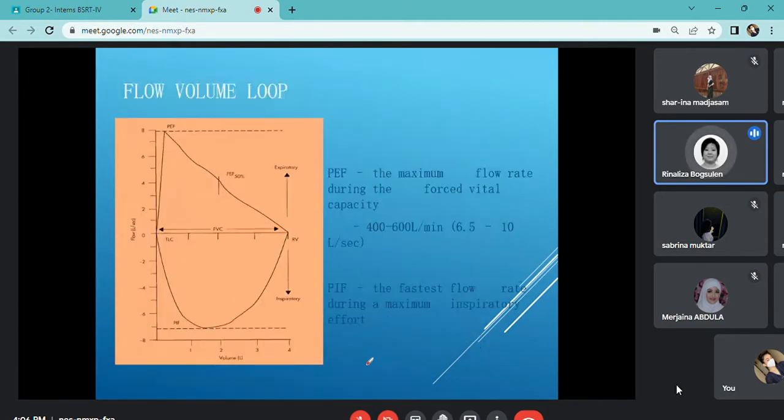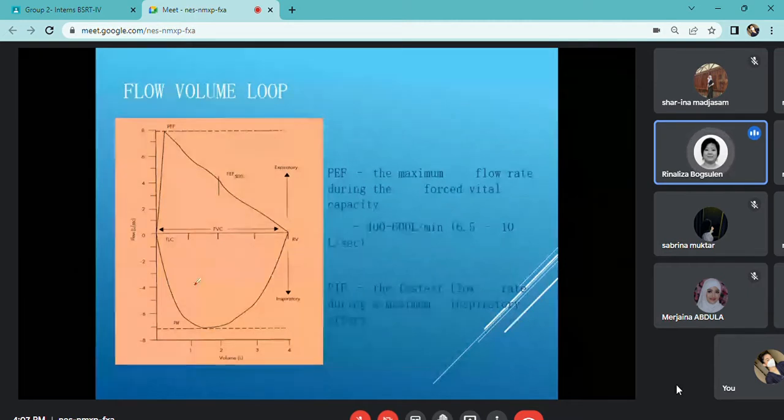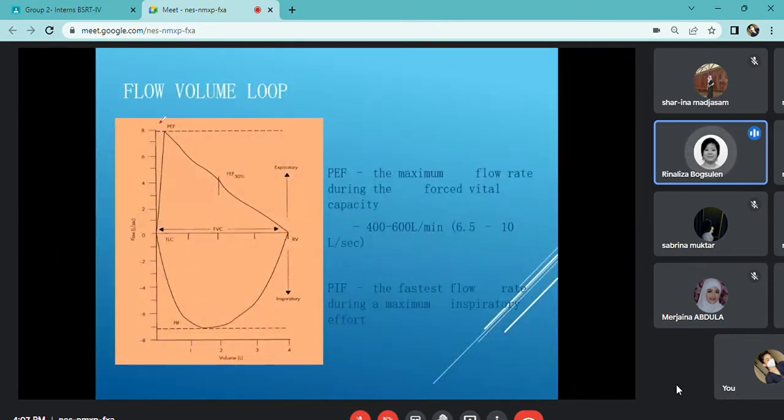This is your flow volume loop. Okay, this is it. This is your flow, and this is your volume. So it's a loop. Earlier, that was just a graph. Okay, so you will see, maybe this is the one you commonly see. But again, as I've said, you can have both the volume time graph and your flow volume loop. In your flow volume loop, you can actually identify your PEFR and your PIFR. Okay? Always remember,